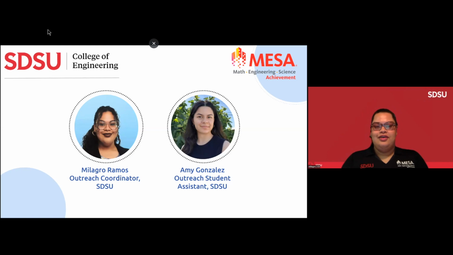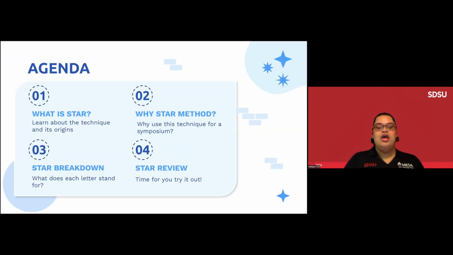Alrighty. So to get us started, a quick view of the agenda. We're going to talk about what the STAR method is and what the origins are for this particular technique. Then we'll move on to why we're using this technique specifically for symposiums and symposium presentations. We're going to break down STAR as a mnemonic. Each letter represents something, and it's really easy to remember that way. And then lastly, we have an activity for all of you to try it out and practice STAR so that you can bring it back to your sites and teach others how to use STAR